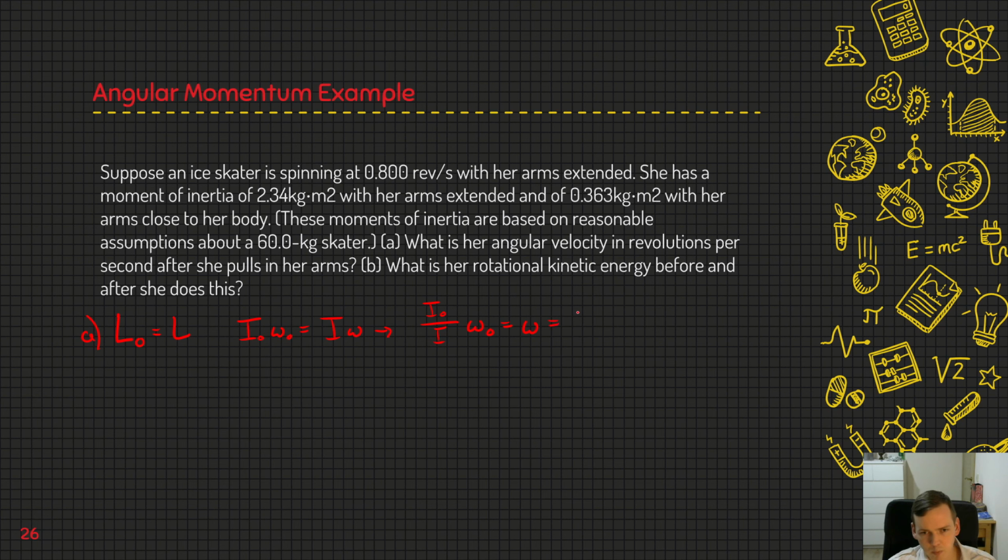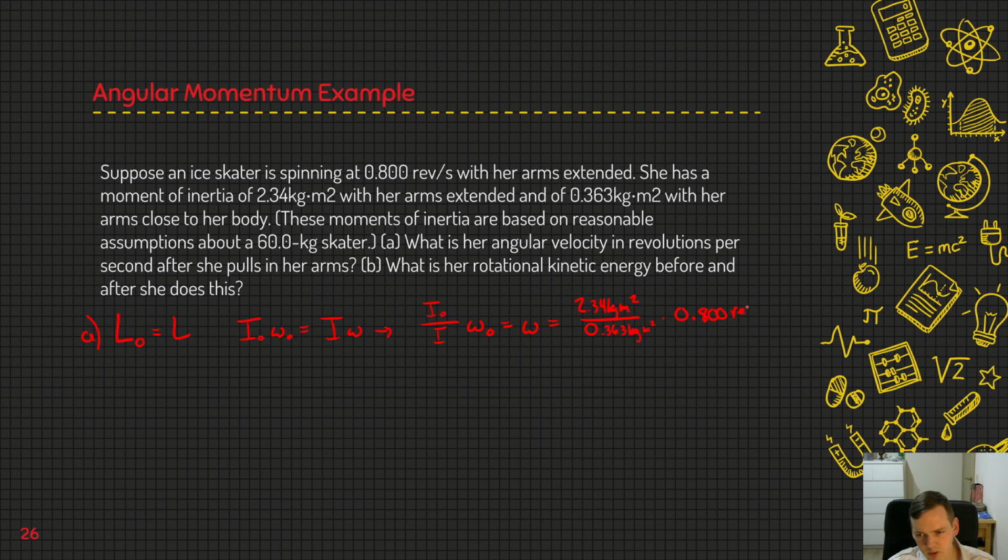And so this will be 2.34 kilogram meters squared divided by 0.363 kilogram meters squared times omega, which was